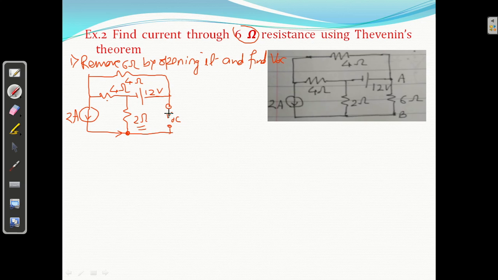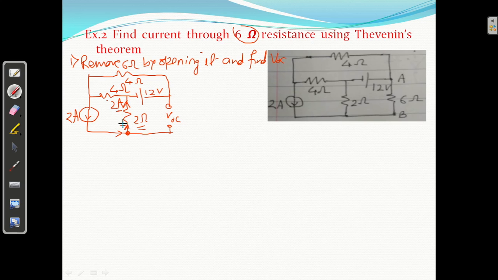Because it is open circuited. अगर यहाँ open है तो यहाँ का करंट कितना होगा? यहाँ से 0. अगर करंट यहाँ 0 है, यहाँ से कितना आ रहा है? 2. तो पूरा का पूरा करंट 2 एम्पियर यहीं जाएगा ना ऐसा. So करंट कितना आ रहा है? 2 एम्पियर, right? And we know current flows from higher to lower.